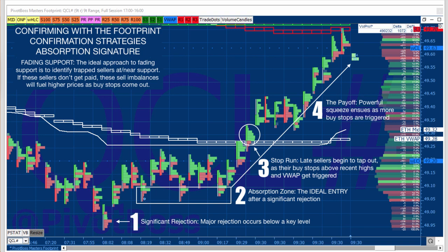Because my goal is to get to T1 before the first major pullback occurs. Because there's always a pullback. And if you don't get to T1 before that pullback, then funny things start to happen in your brain. You were thinking clearly before you put money on the line. Now you don't start to think as clearly as price is going against you. You didn't reach your T1 and you're like, uh-oh. And then weird things happen, right? It's just what happens sometimes when we have risk on.